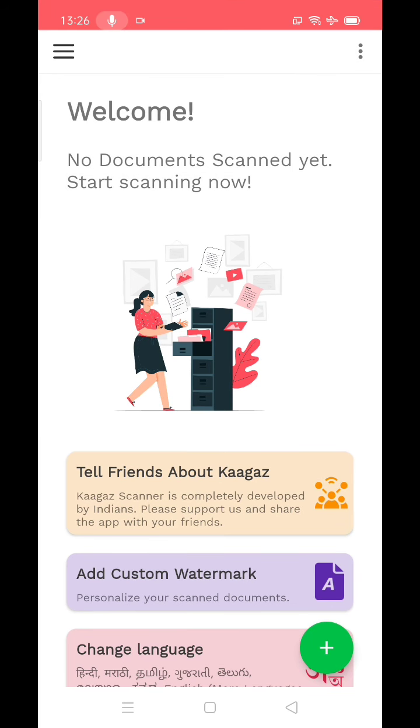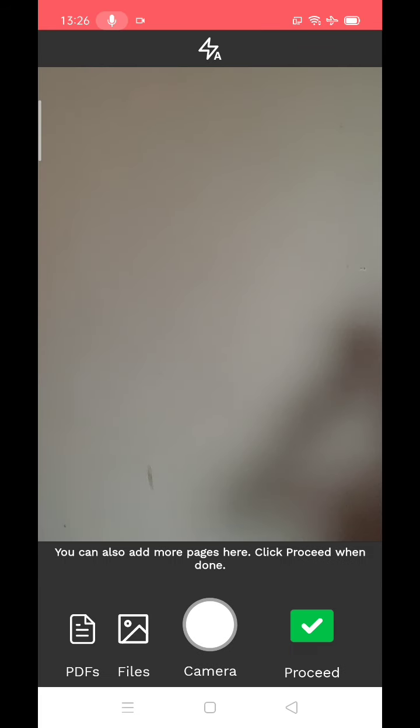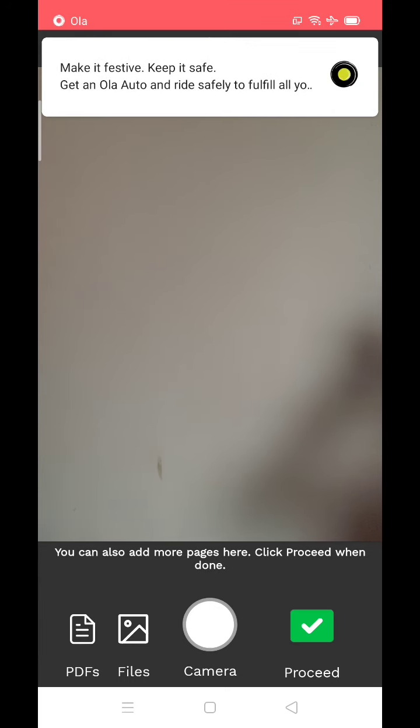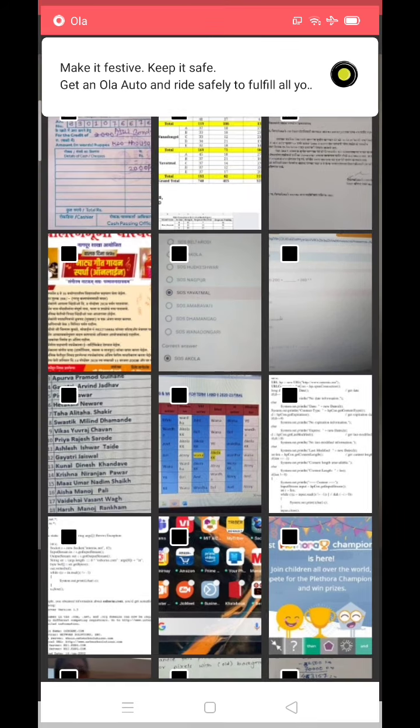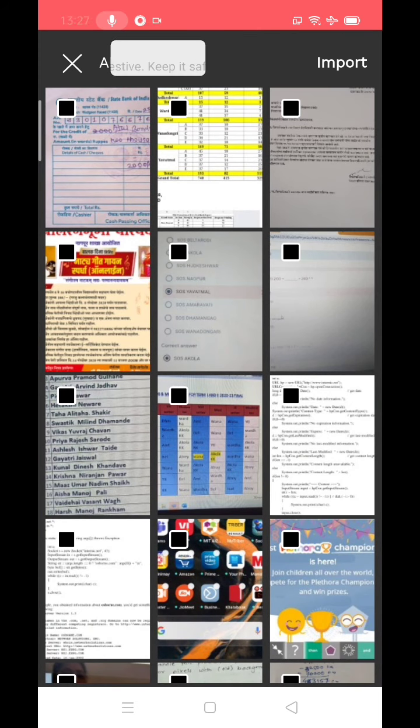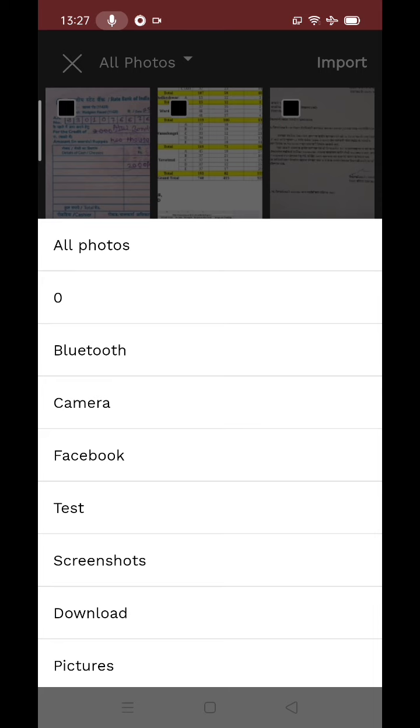Here at the bottom side you can see plus button in green color. We need to open that. Here go to the files option. So now from here I will search where my photos are. You can see these are my solved answer sheet page photos.